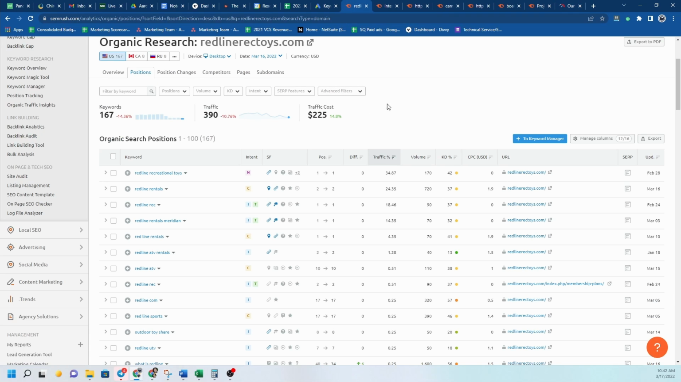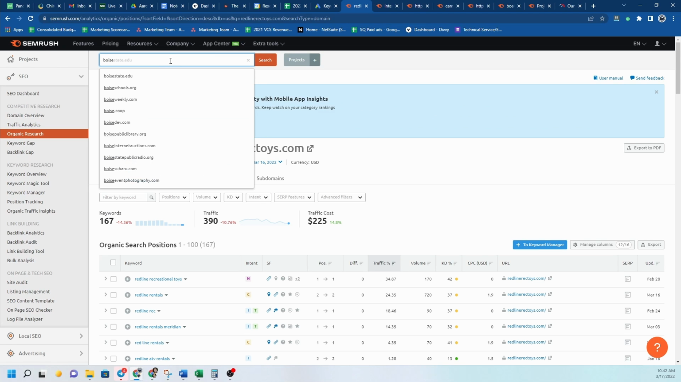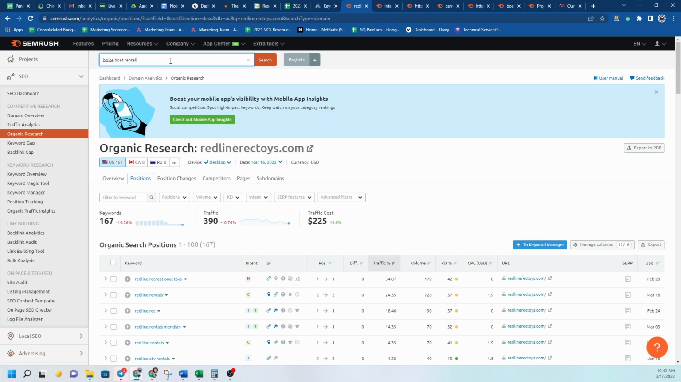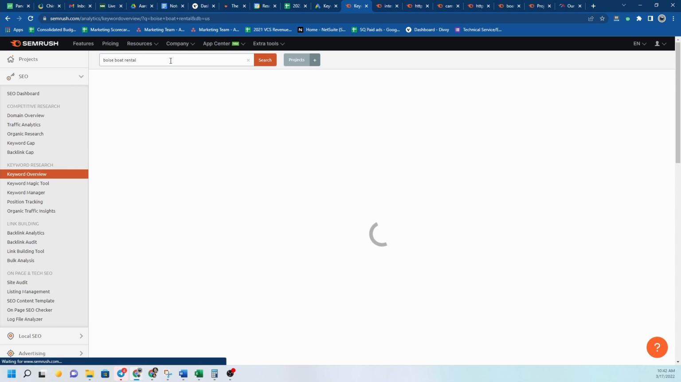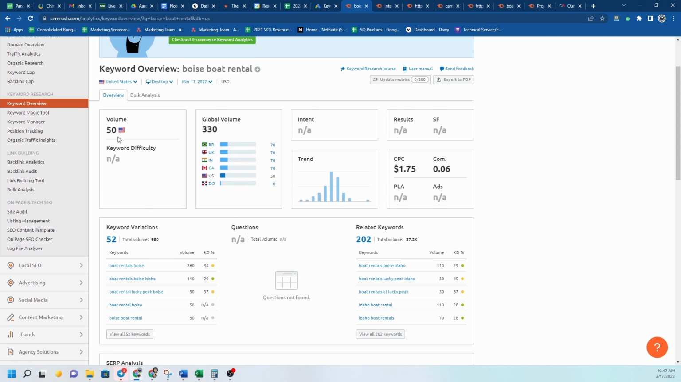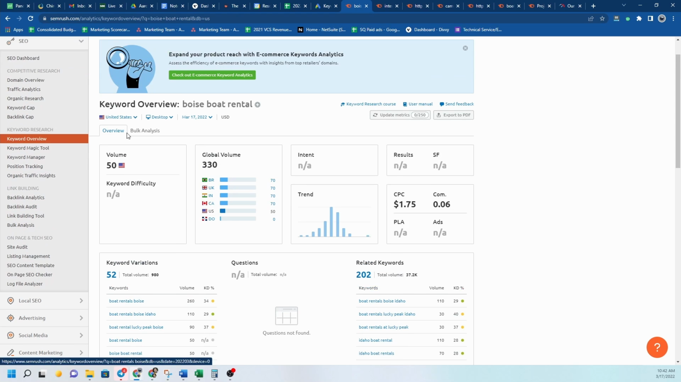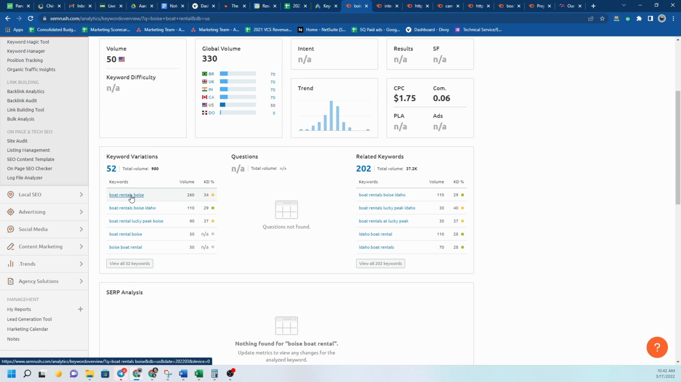So what we want to do now is let's go ahead and type in keywords that they might want to rank for. So let's do Boise, we'll do boat rentals. So we do Boise boat rental. First thing that we see here is that it's a keyword that gets searched 50 times. So good, there's some search volume there. But the cool thing about this tool is that it actually tells you which versions of that keyword get the most searches. So most people don't search Boise boat rental, they actually search for boat rentals Boise, which means that's probably the better way to